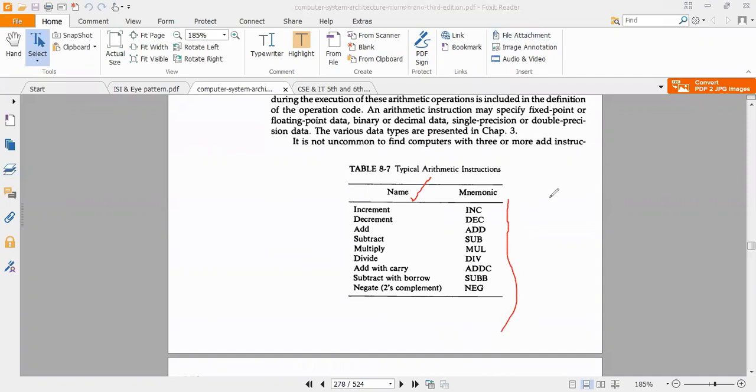Addition, ADD; subtract, SUB; multiplication, MUL; divide, DIV; add with carry, subtract with borrow; negate, which means two's complement; increment, decrement. These are the typical arithmetic instructions. You have studied all these in our earlier classes. These are basic arithmetic instructions.